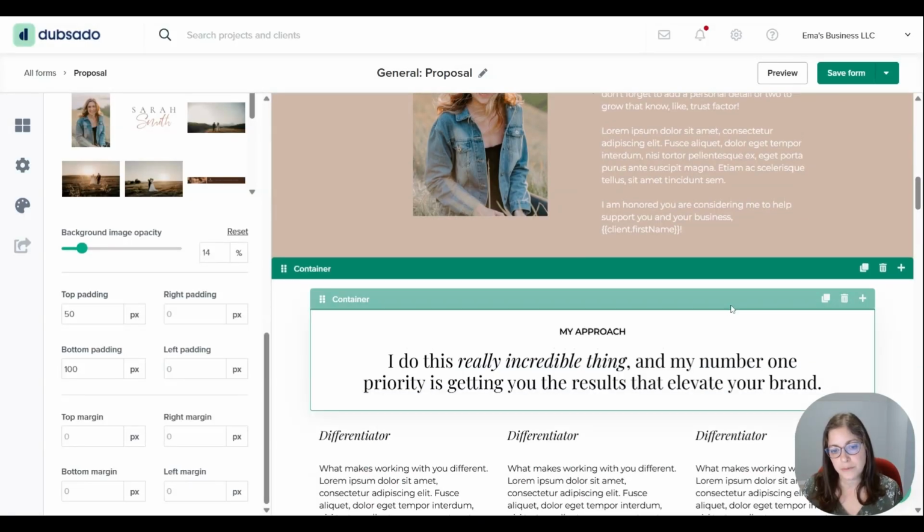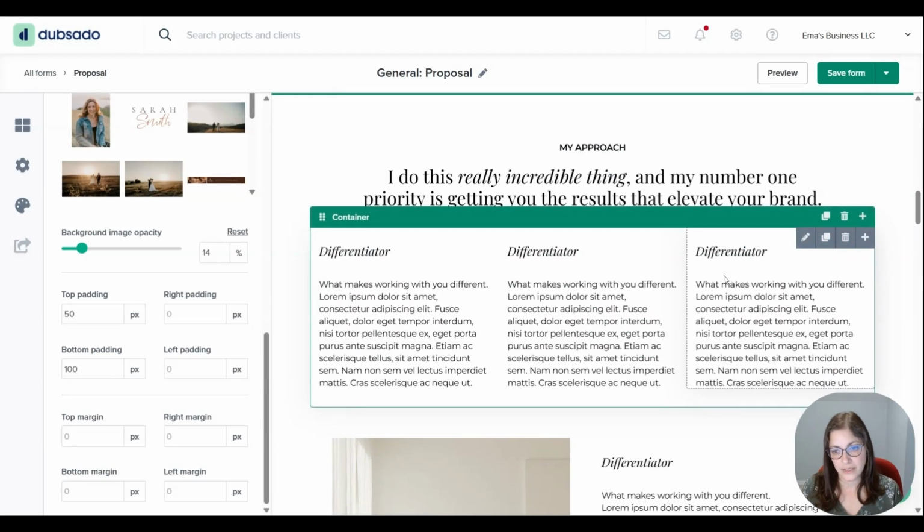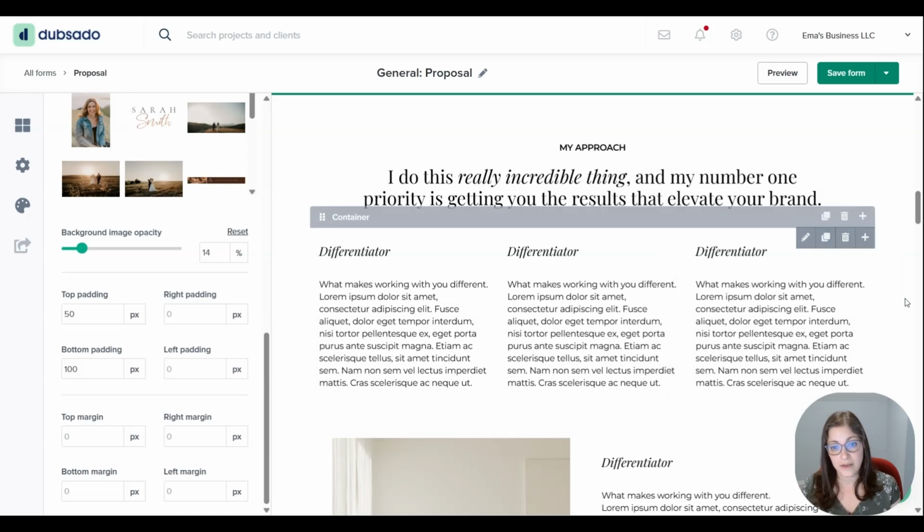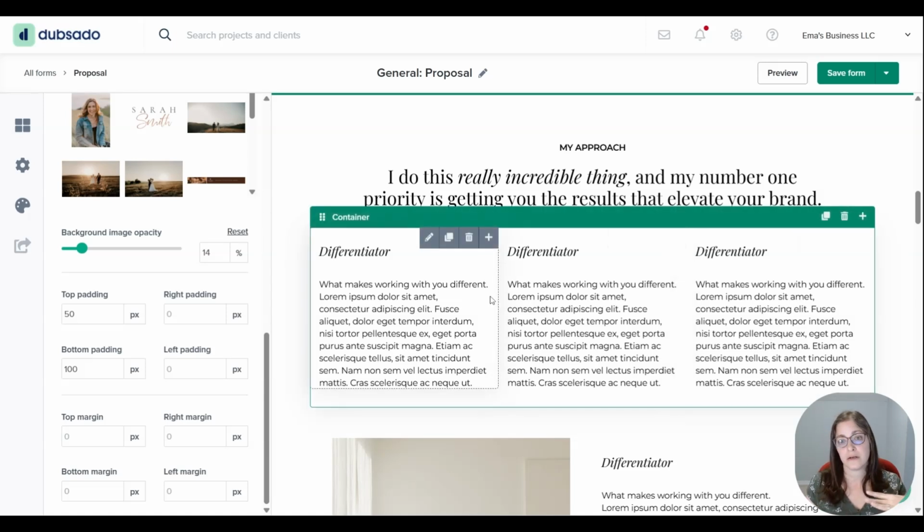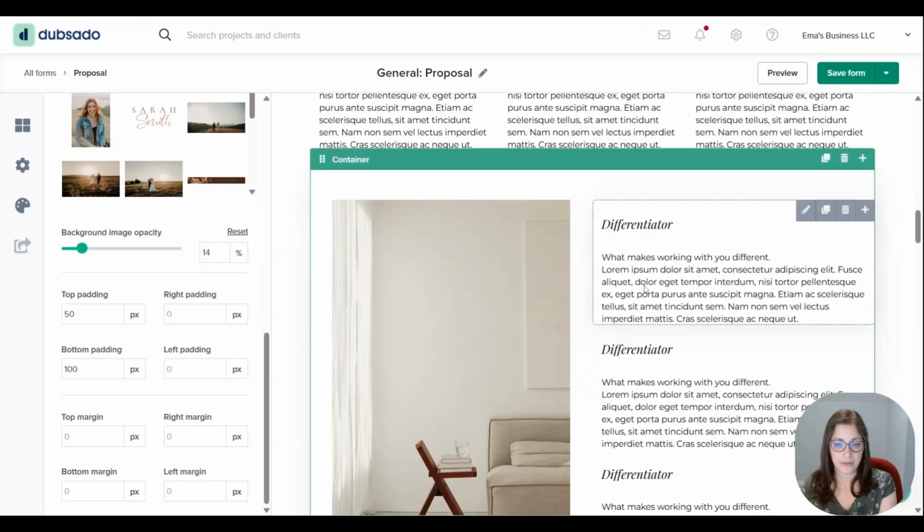The thing to keep in mind here is that in templates, this all looks really nice because the text is identical. When you're creating text boxes that are going to be different for each step of your process, try to make them around the same size. I know it's not always possible. If one step is way longer than another, then maybe you don't want to use the side-by-side approach, but rather